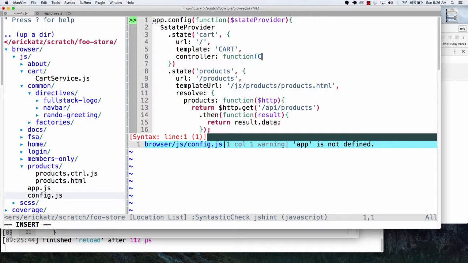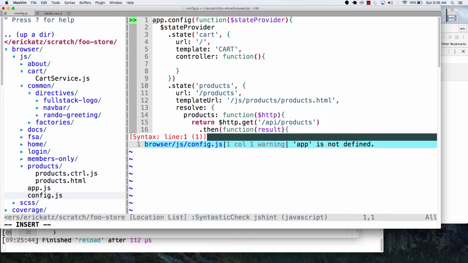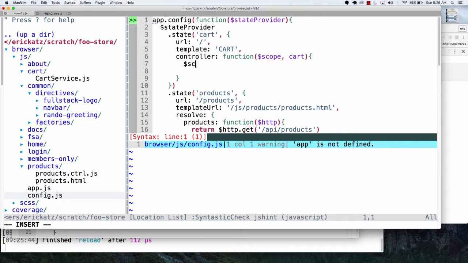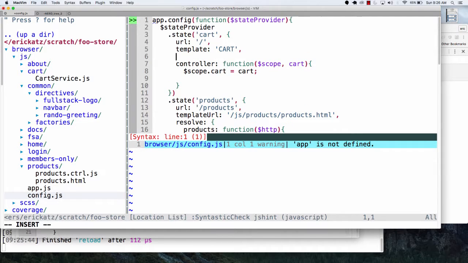And we're going to pass into our controller both the scope and the cart. Again, just assuming that the source of truth is going to be working here, if we say scope.cart equals cart, and if we do a resolve,